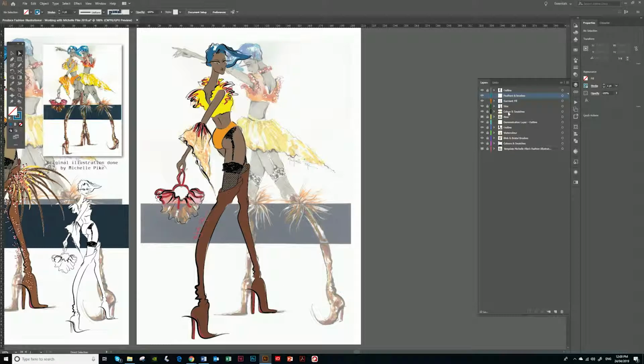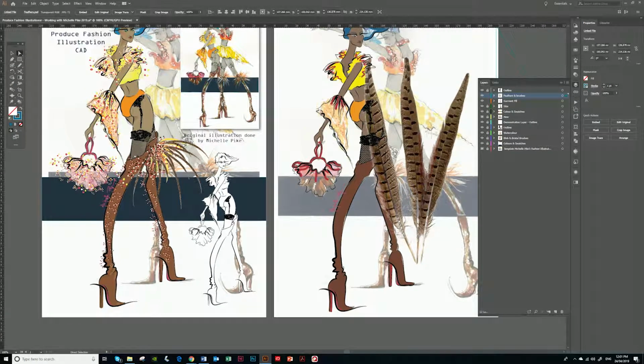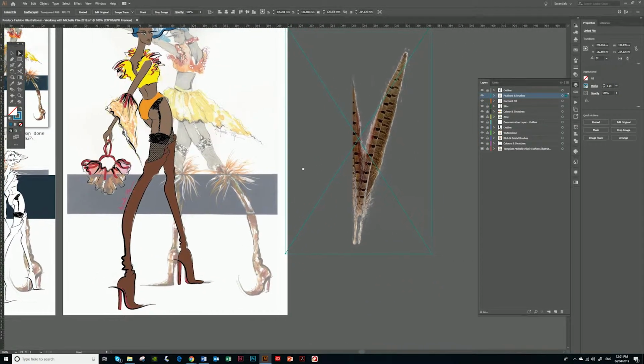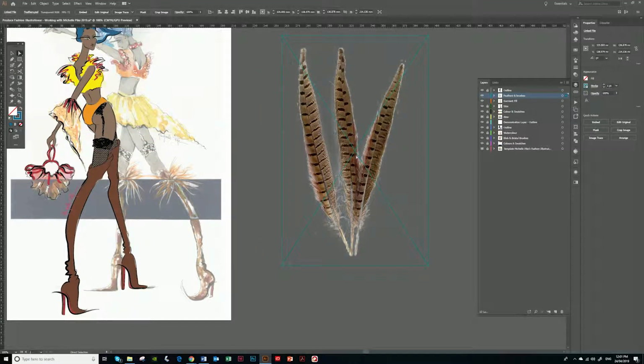So we'll go with feathers and brushes for this one. And I'm going to paste that picture back on. What we want is over here, she's got this sort of flurry that's coming out that's like feathers. So what I wanted to do with that is I've got this picture of 3 feathers, and I've taken it